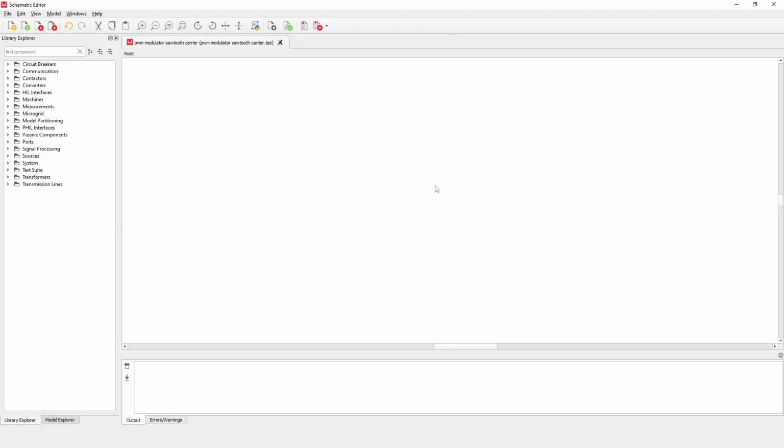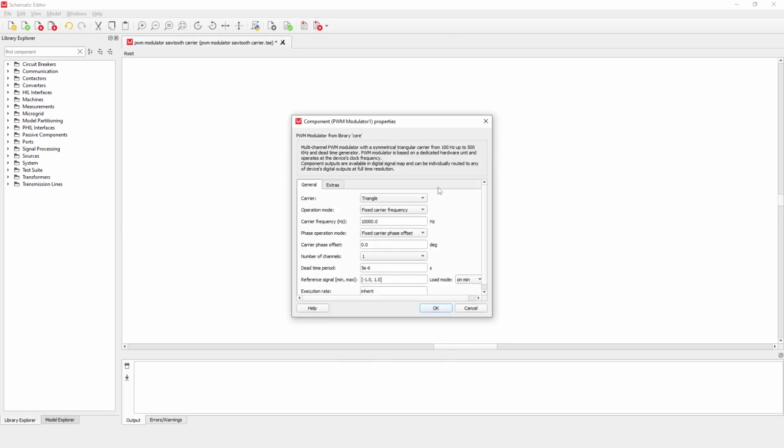We are excited to announce an upgrade to the PWM modulator component. In addition to the existing triangular carrier signal, we now offer the option to select a sawtooth carrier signal. While you can generate the sawtooth signal utilizing the other signal processing components, the PWM modulator component offers a key advantage. It directly generates the carrier signal from the FPGA instead of the ARM CPU that most signal processing components utilize, leaving those critical resources for other parts of your model. This enhancement should be particularly beneficial for those who intend to work with high-frequency modulation using sawtooth carrier signals.